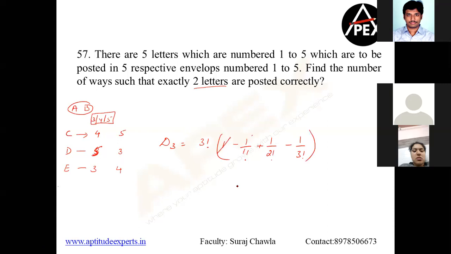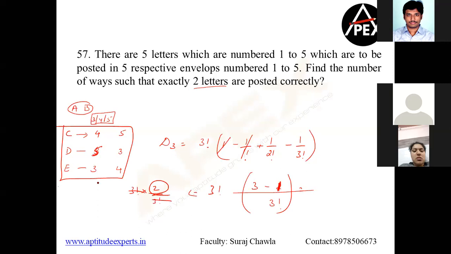So this 1 factorial and 1 factorial get cancelled. So I know my LCM is 3 factorial. I get 3 minus 2. Sorry, 3 minus 1 into 3 factorial. So what is 3 minus 1? If you simplify this, this becomes 3 factorial into 2 by 3 factorial. 3 factorial gets cancelled. So for each possibility, I have two ways in which I can place every one of them in the wrong envelope. Clear?